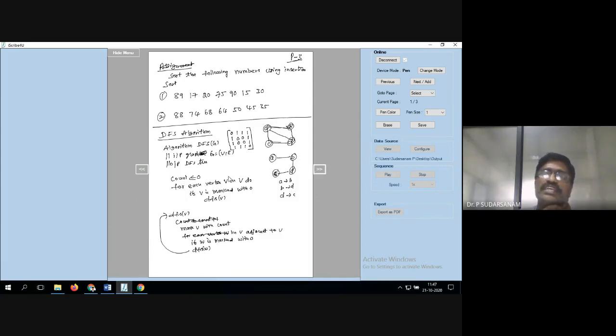So you go for C. C to A is already marked with 1, C to B is 0, C to C is 0, C to D, D is already marked with 1. So now you don't have any elements to complete this. Automatically this entire loop will be true, then come out of this one. A is marked in the stack, B also, D also, and C is popped out.